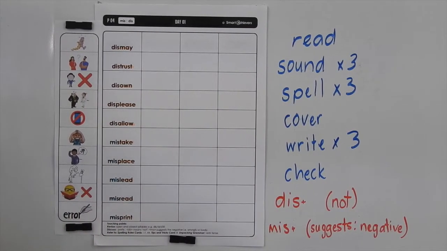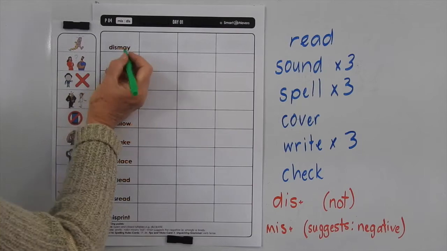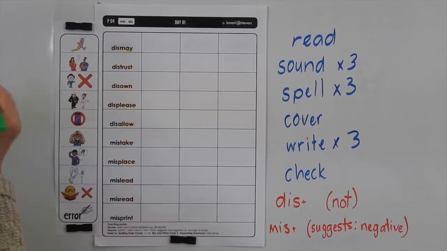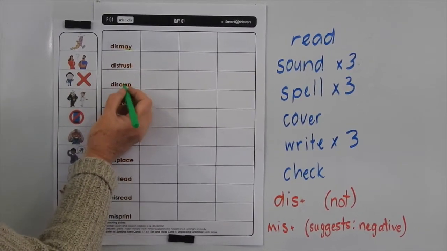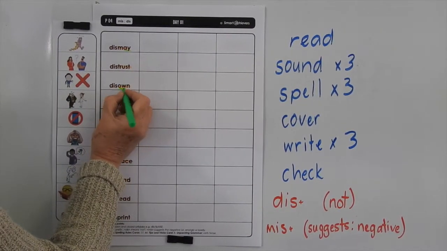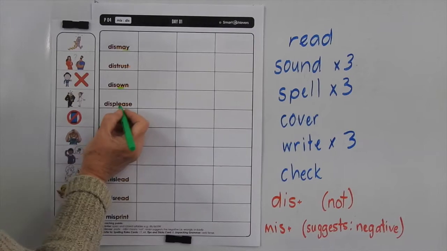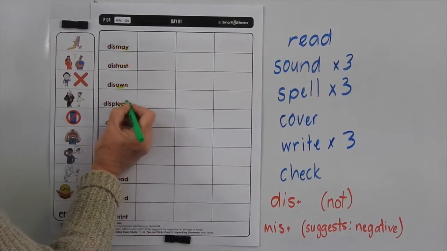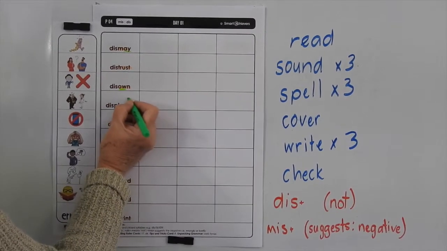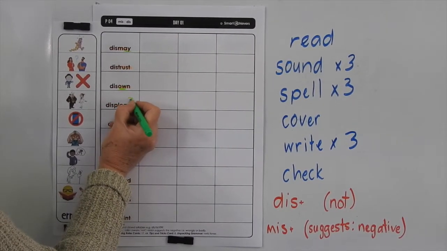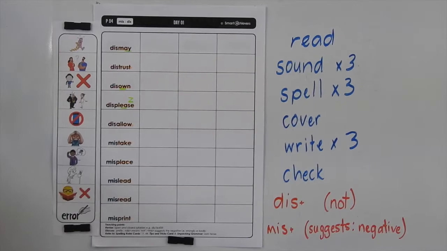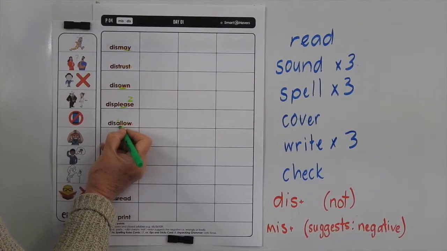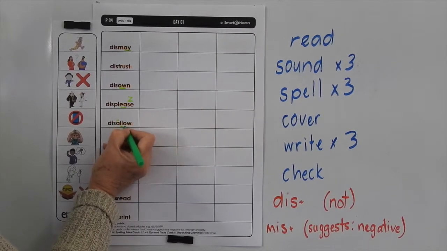Now let's have a look at those base words. In may, you've got the AY, making the long A sound at the end of a word. Distrust is pretty easy. In own, you've got that OW, making the O sound. In please, you've got the EA, making the long E sound, and the SE is making the Z sound on the end of that word. Disallow, you've got a short vowel sound here, that's why you're doubling the L, and you've got the ow sound